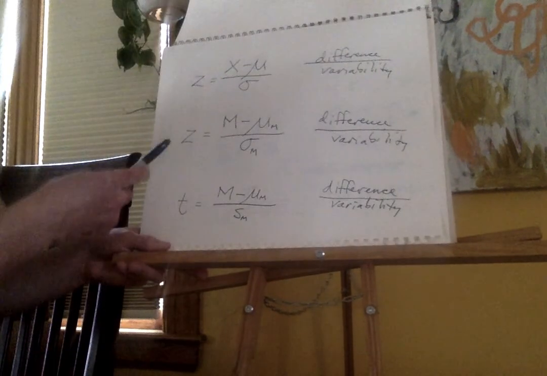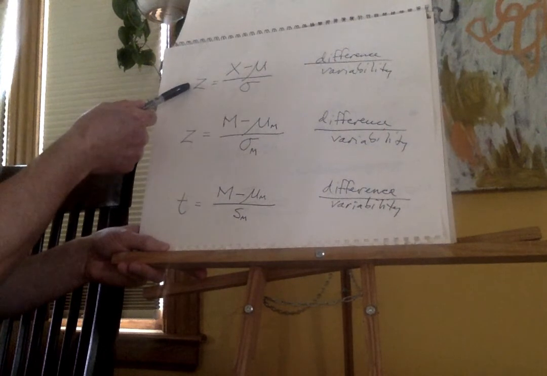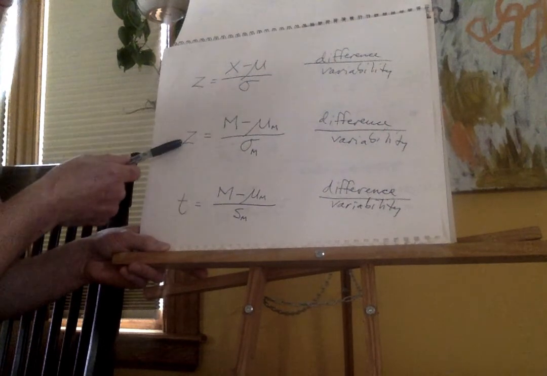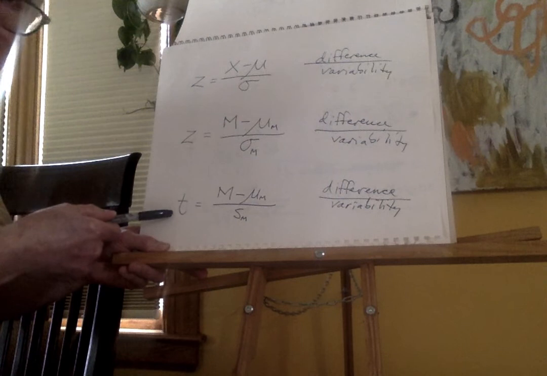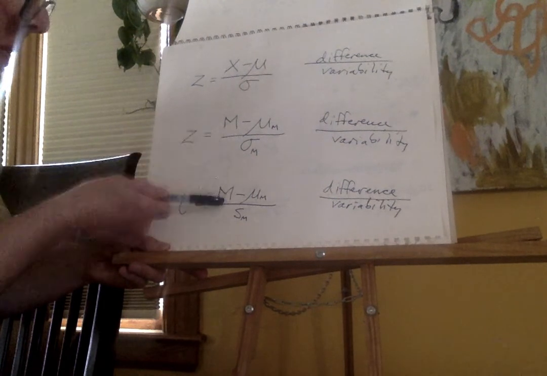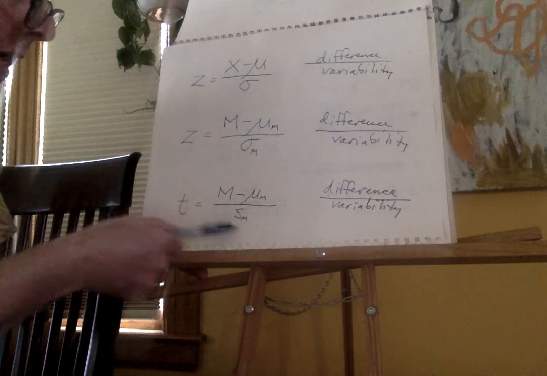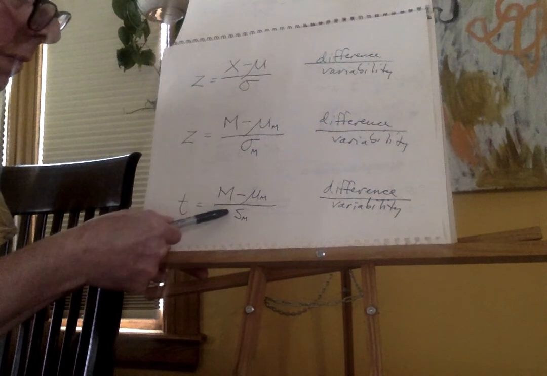I'm going to go back to this. Z-score for individual scores. Z-scores for samples. T is the same as z-score for sample, but we estimated this. Okay. So when we go to this